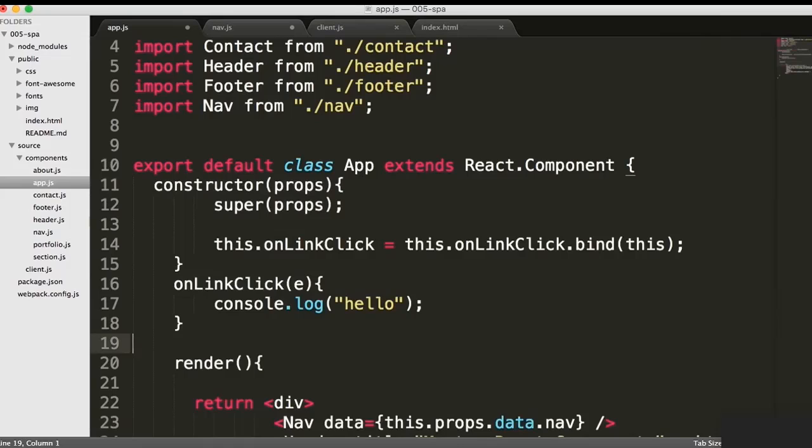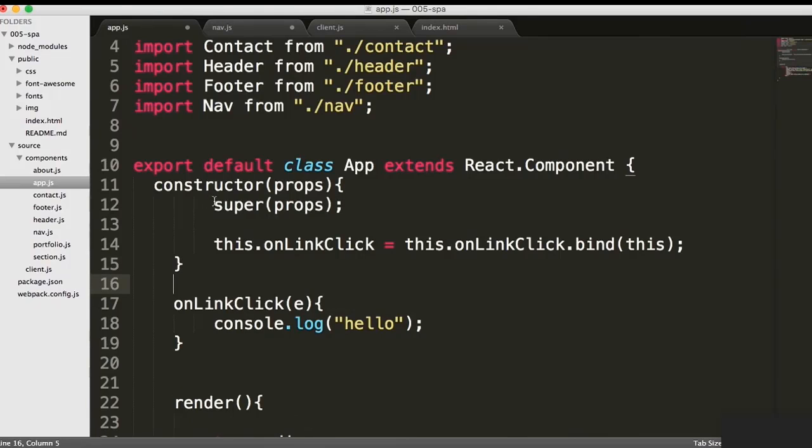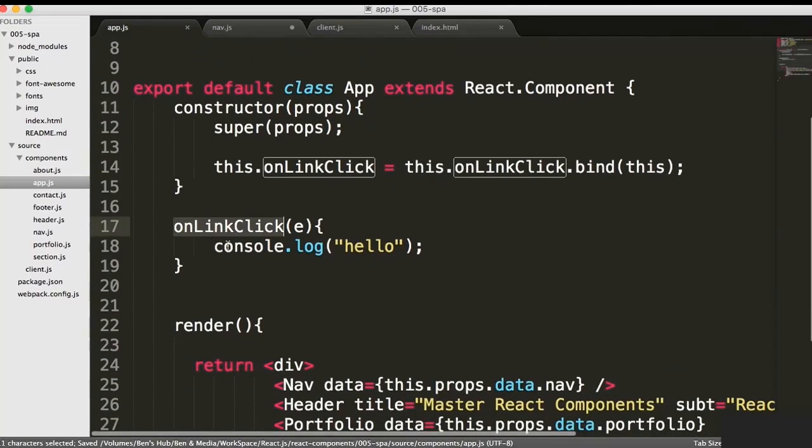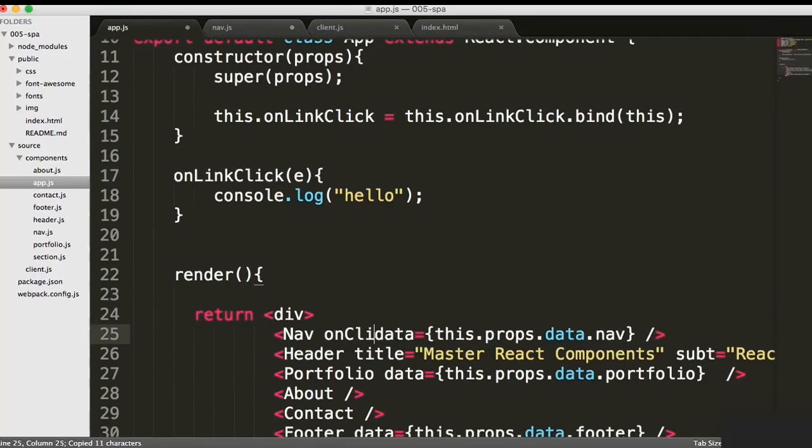and in my app itself, I'll have an on link click or on nav... Oh, you know what? On link link, why not? On link link. Okay, so if that's good and I accept that on link click, I need to send that on link click to our menu. So I'm going to set here an on click,